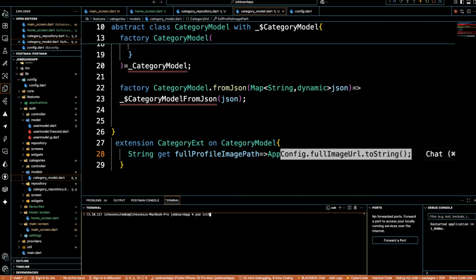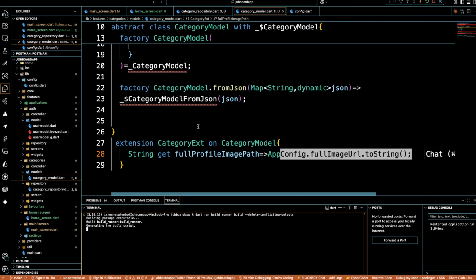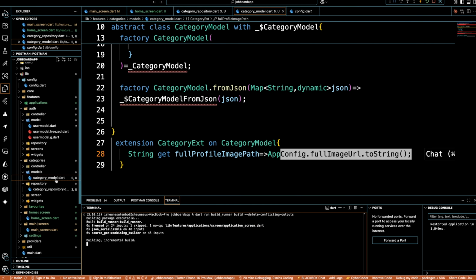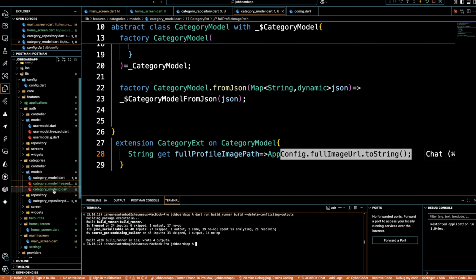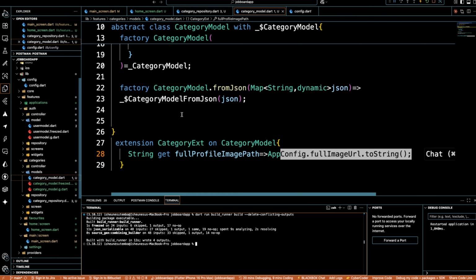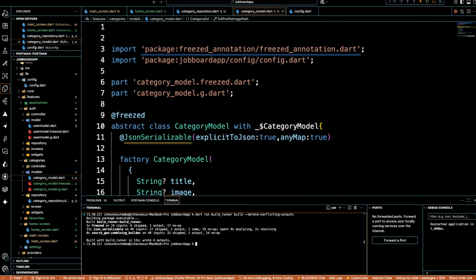The first classes, right? So to generate those classes, we use that run build runner command, right? So let's generate the first files. As you can see now, we now have the category model.freezed and the category model.g, right? All right, so now